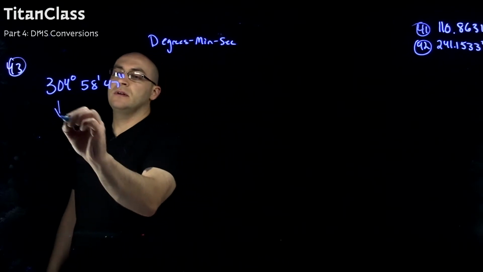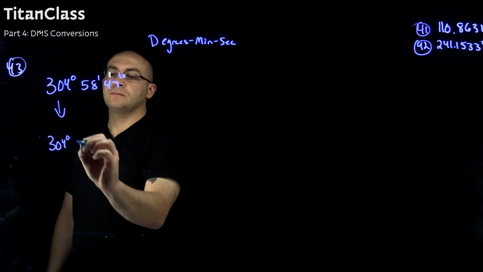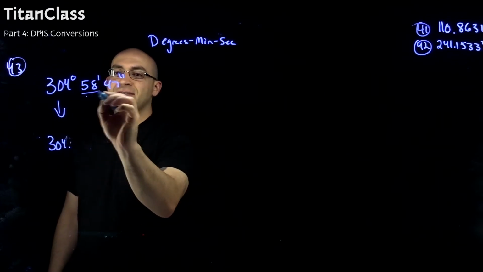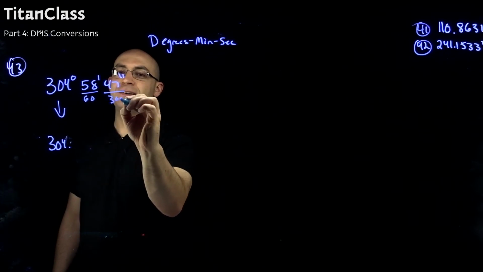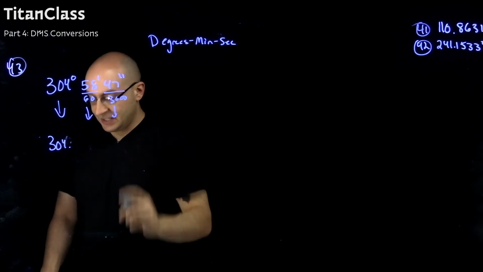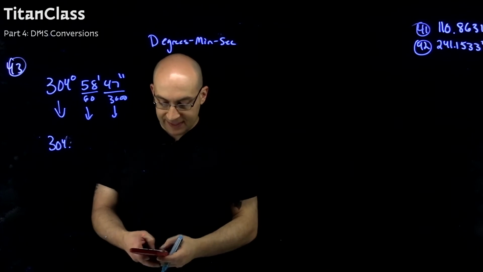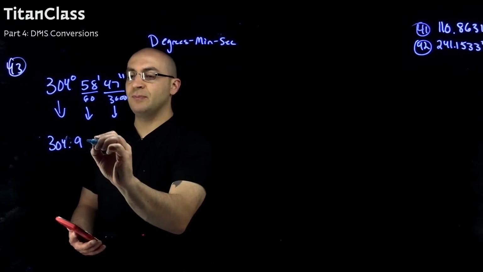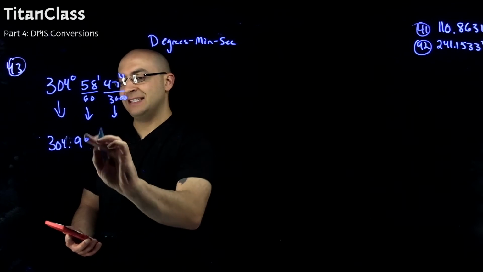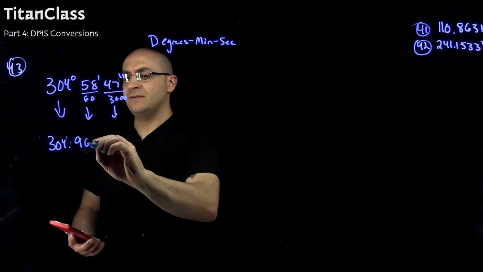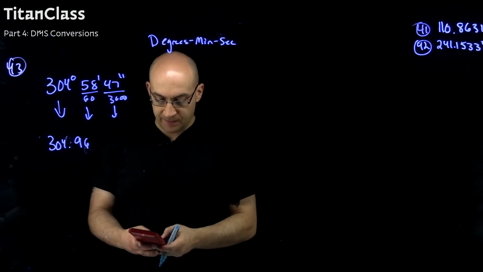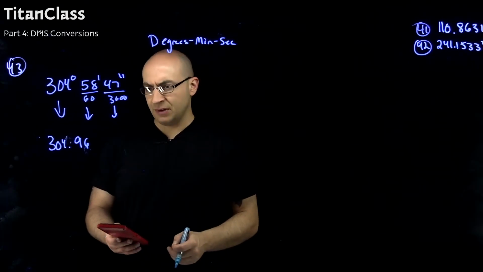So let's do this. 304 point, 58 divided by 60, 47 divided by 3600. Let's see our values. 58 divided by 60 is going to give me 0.96 repeating. Let's just put the 0.96 for now. And then the 47 over 3600 is